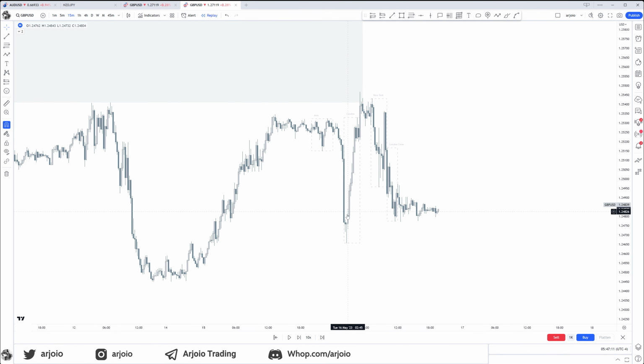London expanded lower without coming into the daily fair value gap. There was no trade for me. London had a retracement right there. And then what? New York came into that daily fair value gap. What does that make? Your New York reversal. It's reacting. This game is all about reacting and adapting.